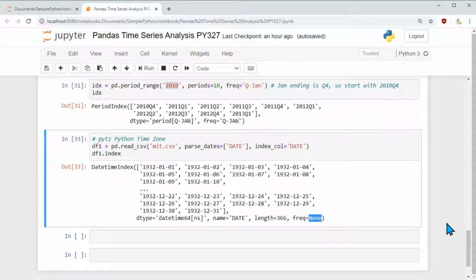Those kinds of analysis we want to do, and the good thing is Python has all those details, because we have the pytz library, which knows what the time zone for each of them is. That is Python time zone, pytz.